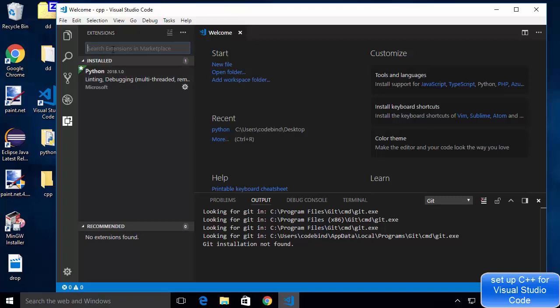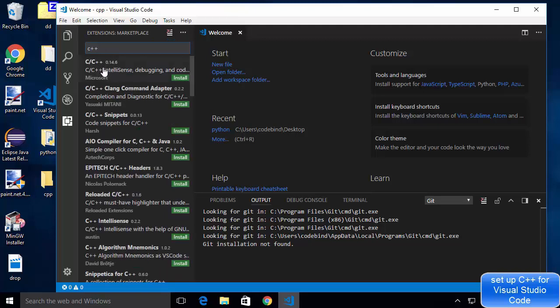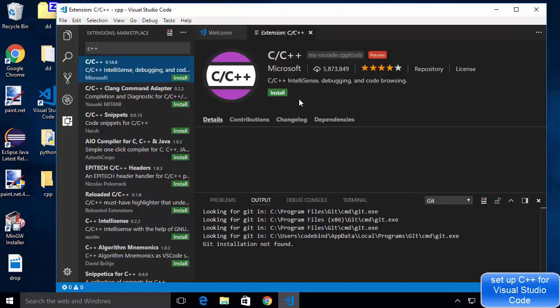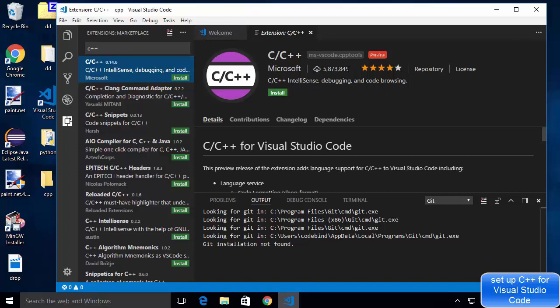For example, we want to install the official extension for C and C++ from Microsoft. So just search for C++ here, and hopefully the first extension which appears will be for C/C++. So I'm going to click on this extension, and you will be able to see the details about it on the right hand side, right?